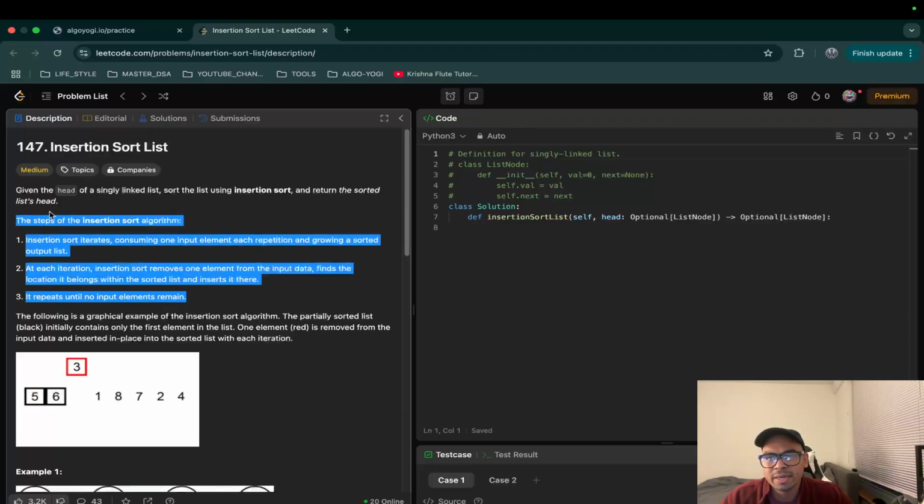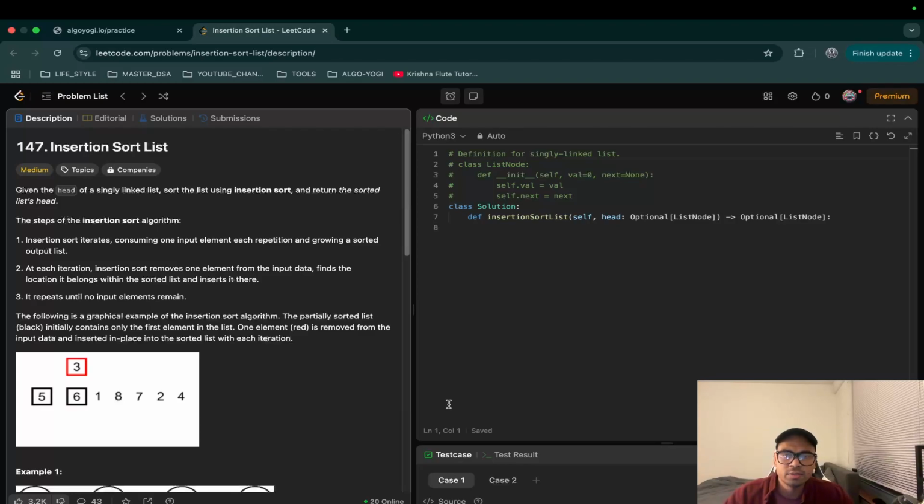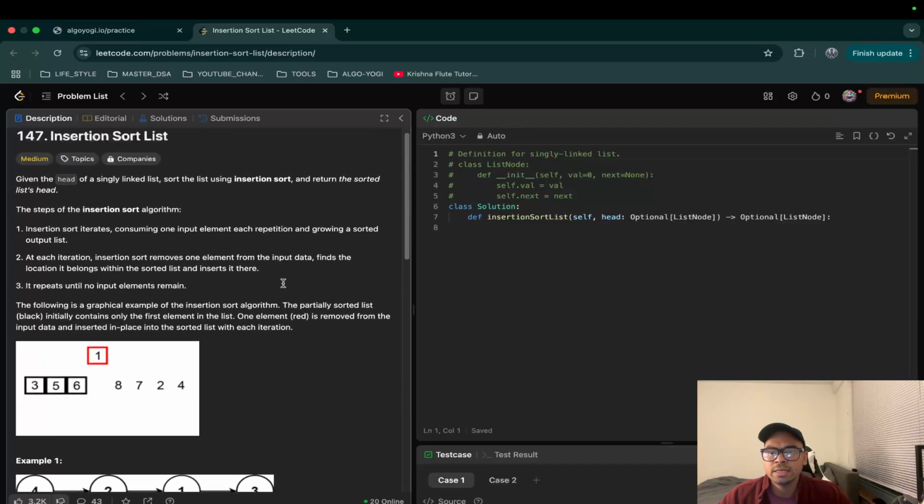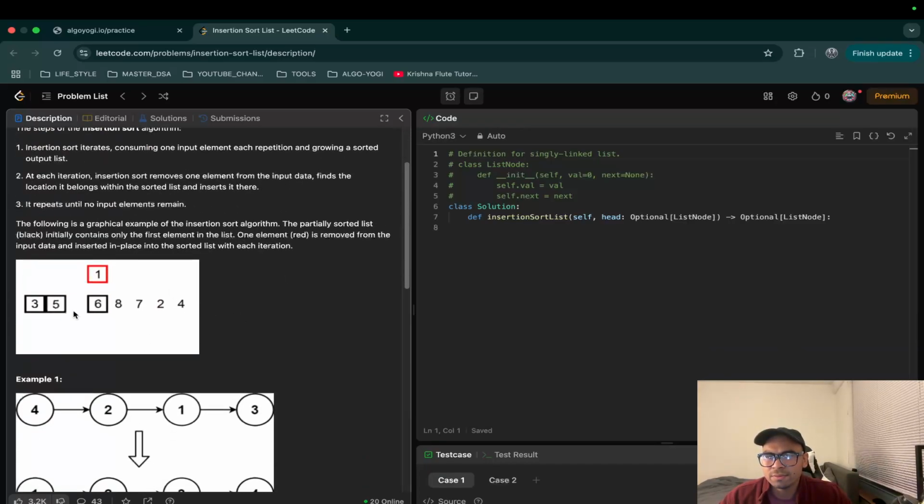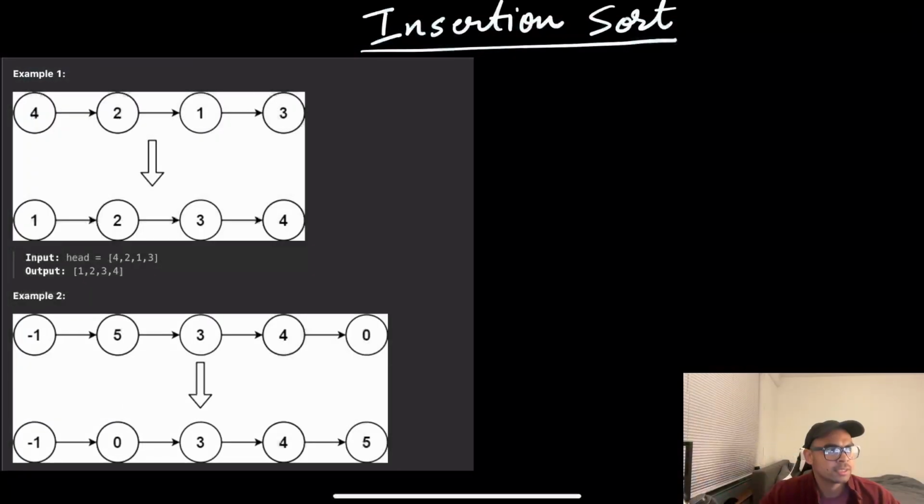We already know, I guess. If we are so far into solving LeetCode problems, we would know what an insertion sort is. So let's see how we're going to solve it. And they have shown a little animation over here of how insertion sort actually works, and we will understand it right now. Okay, so basically this is a list. If it were an array, I think that would make our job easier, but